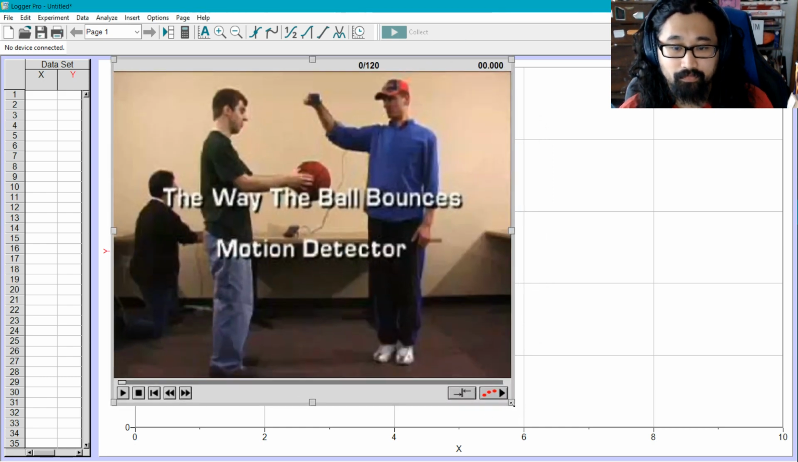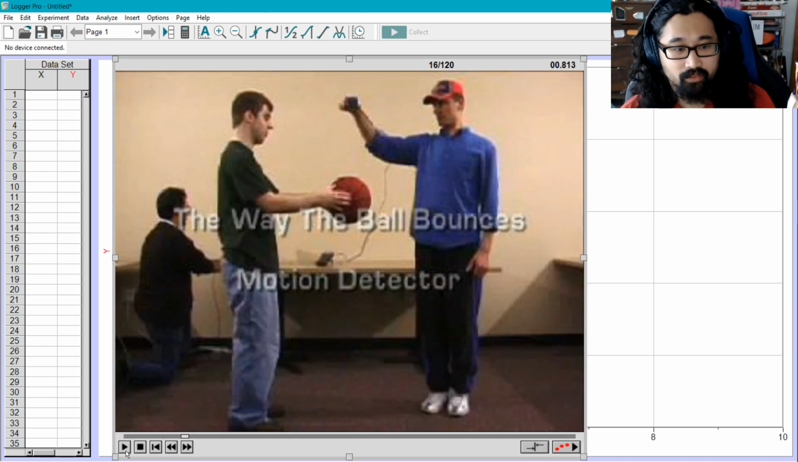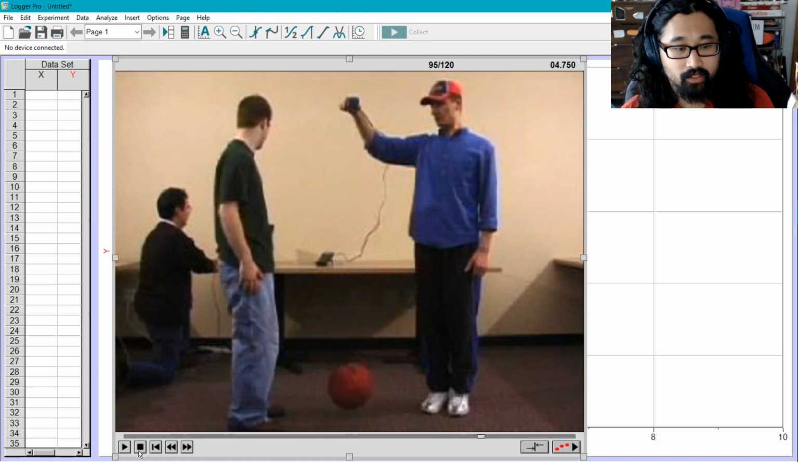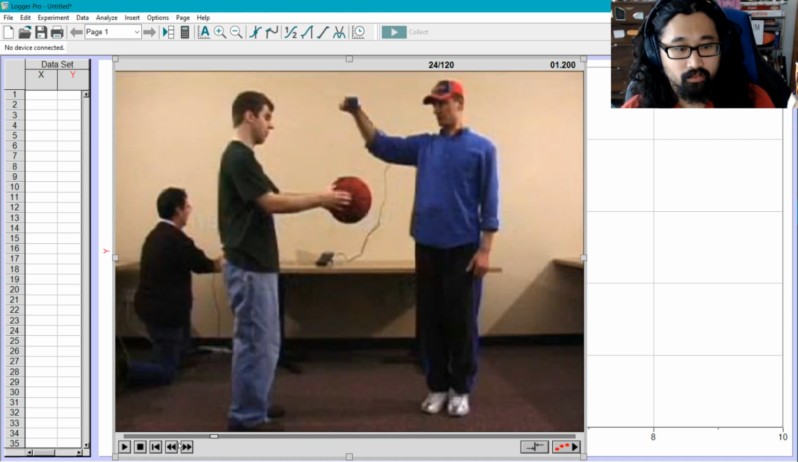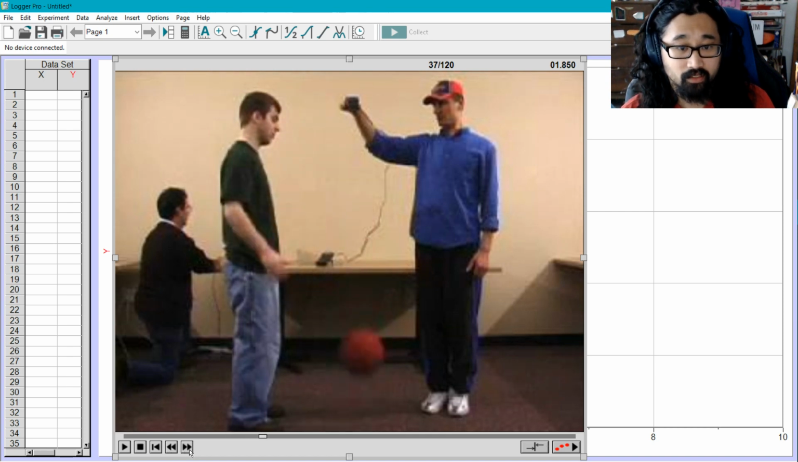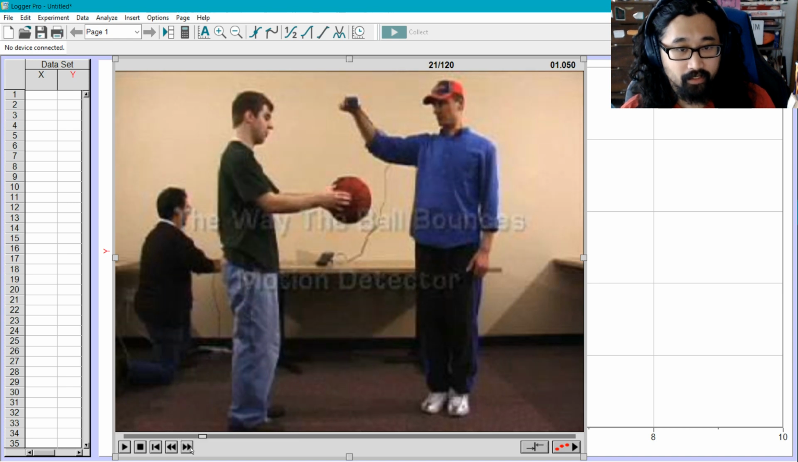That's okay. So they use a motion detector, which is wonderful. Okay, perfect. If you look, this person releases the ball from a certain height. Click, click, click. And it only gets back up to there. And then it'll come back down. So if I look at this,